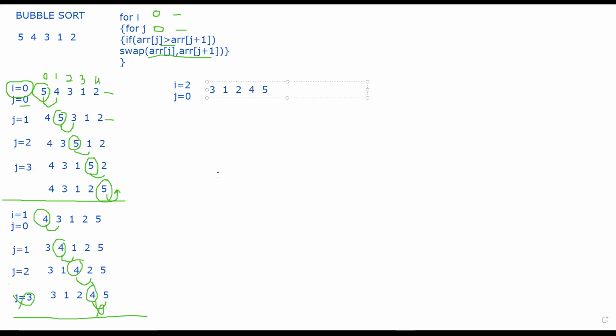4, 5, 3, 1, 2, 4, 5. Okay, now it will be fine. For j is equal to 1, you are getting the sequence as the first value you were swapping, no? So you have it like this: 2, 4, 5, right? You are swapping this over here. For j is equal to 1, you will swap this. This is the first index and the next one. And you will have the output as 1, 2, 3, 4, and 5.